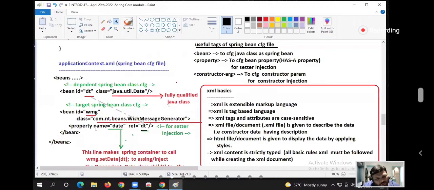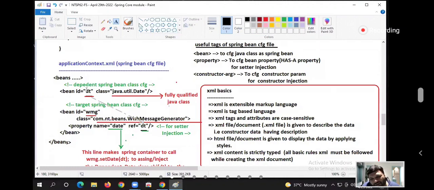Can you give me the WMG bean ID based bean class object? Can you give me the DT bean ID based bean class object? That is what we are expecting now, boss. The container only should load both classes, create objects of both classes, complete any injections, and give me that object.